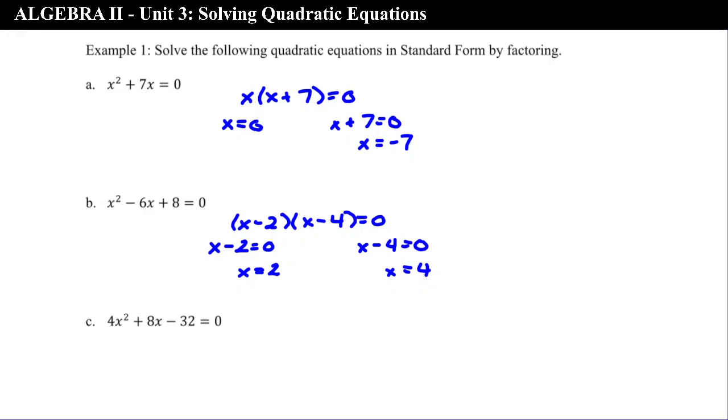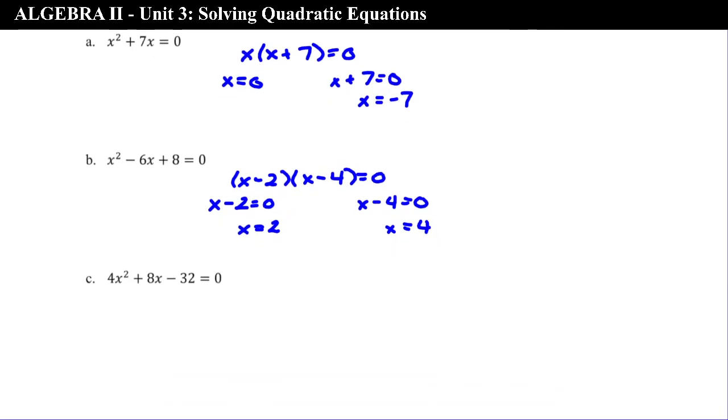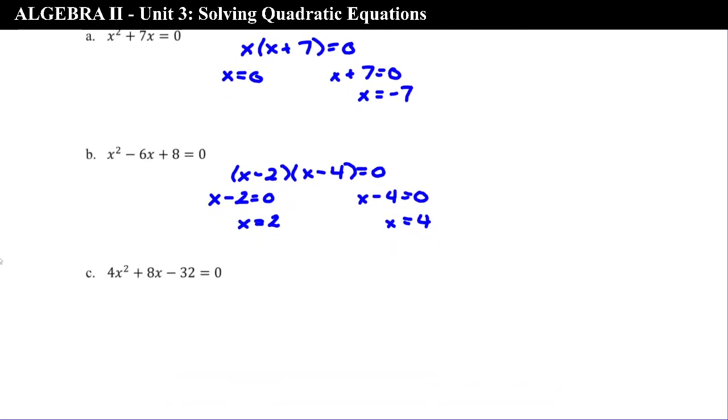All right, for c here, it may not be immediately obvious. You may look at this and say we've got to multiply 4 and -32 together and find the numbers that multiply to give us that and add to give us 8. But if you notice, each of these is divisible by 4. So we can factor out a 4 first,